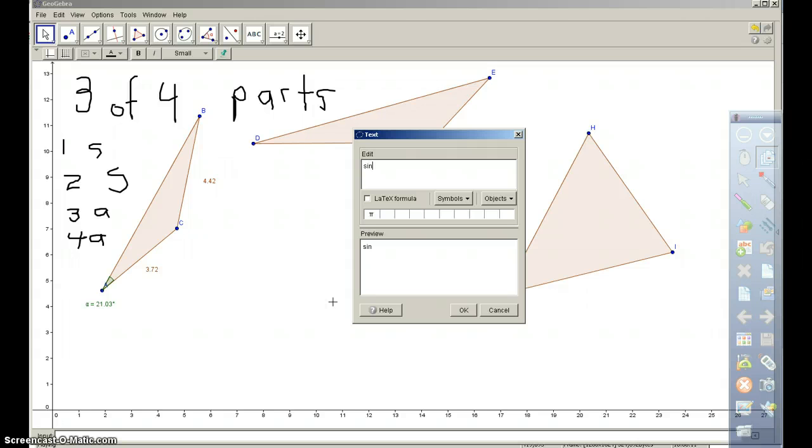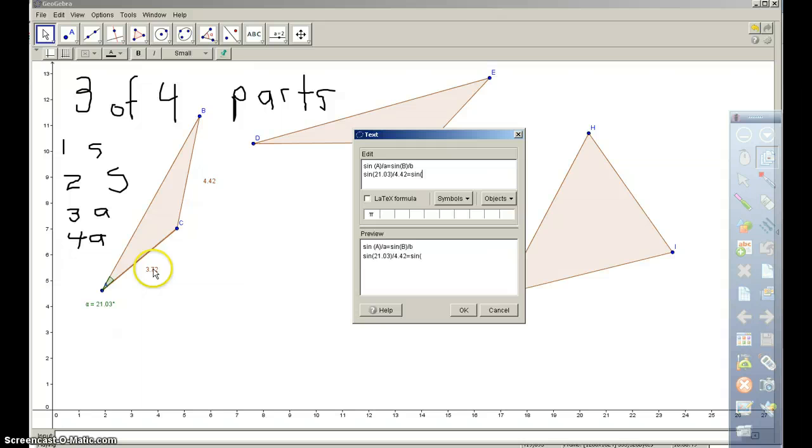I know that the sine of an angle divided by the opposite side is equal to the sine of another angle divided by its opposite side. So in this case, I'm going to take the sine of 21.03 divided by the opposite side from there. So the opposite side is this one, 4.42. And I'm going to say that that is equal to the sine of,